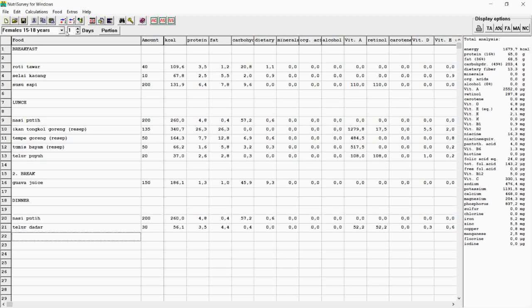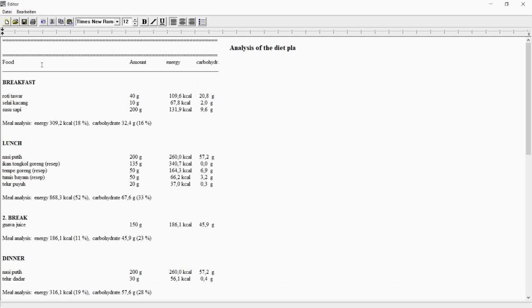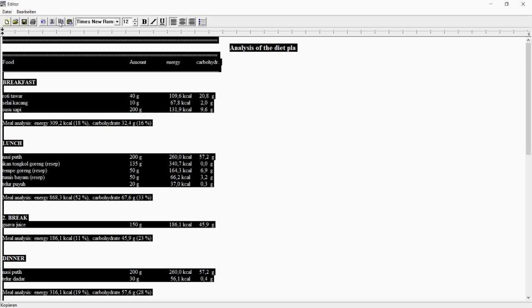After we finish, we may save this file, or if you would like to save in the format of a NutriSurvey report, you may click this icon, report. Okay, when we click report, this is the result of the report. Then you may select all and click the copy icon in here.